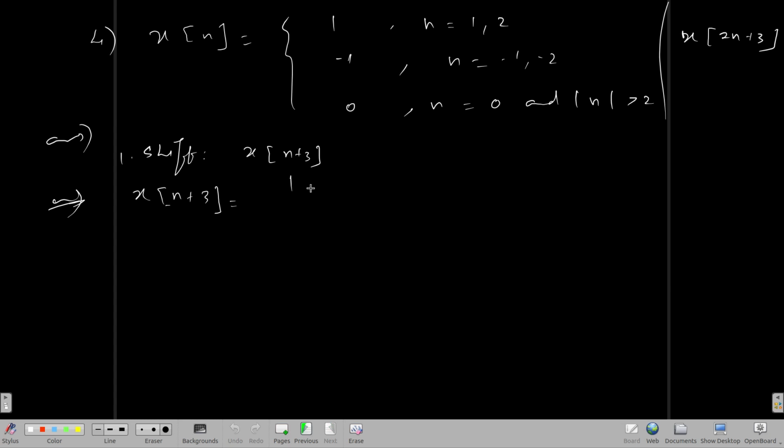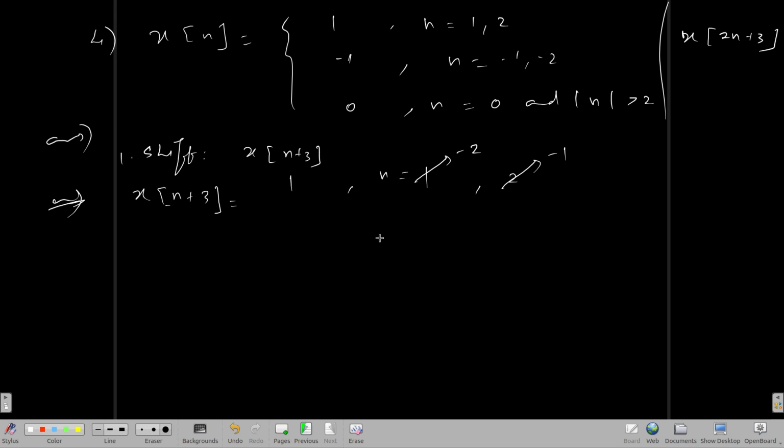So here also what do we do? The value at n equal to 1 will become, what will it become? 1 will become minus 2, because 1 minus 3,